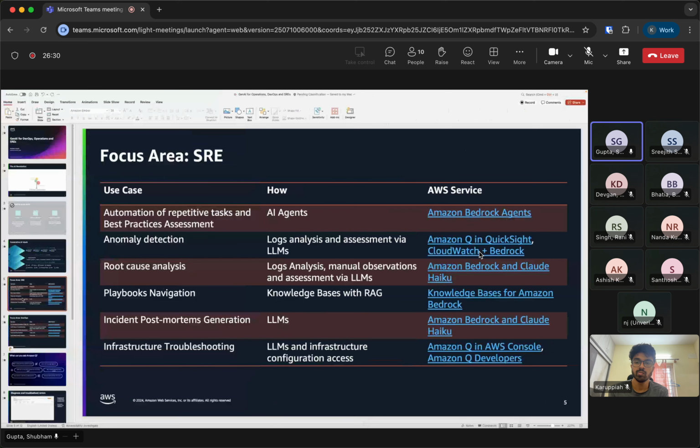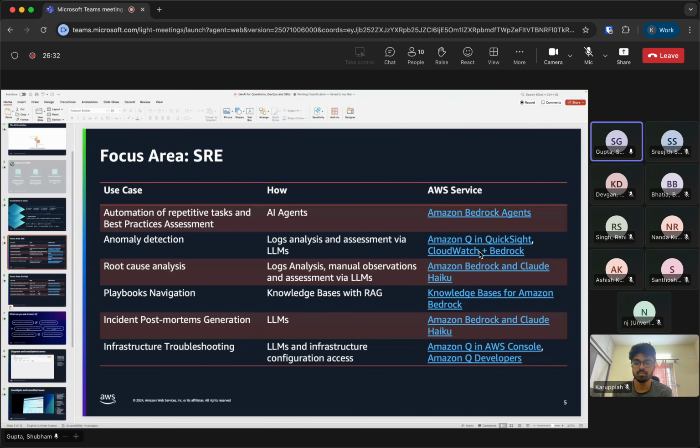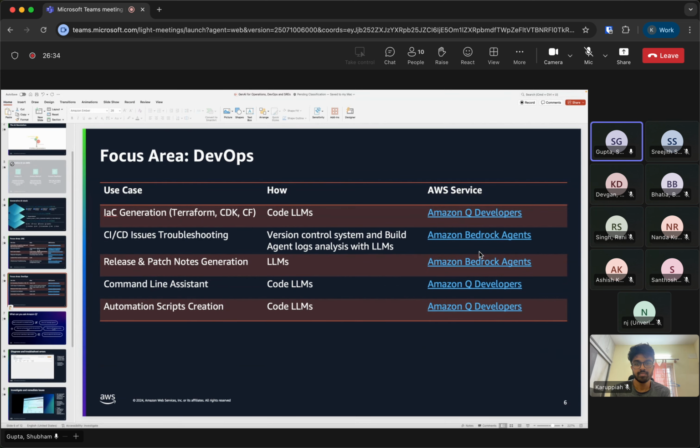Okay, now, quickly moving back to our presentation in the interest of time. I'm moving to the next slide now. So, some of the use cases for DevOps. Majority of the time, what we see is that time is spent in IaC generation, Terraform, CDK, CloudFormation, whatever IaC tools you are utilizing, or troubleshooting CI/CD pipelines if you have Jenkins, Ansible, some of these playbooks, or command line assistance.